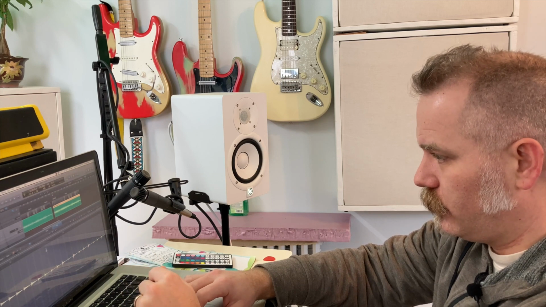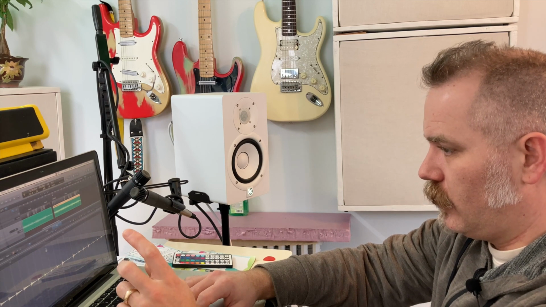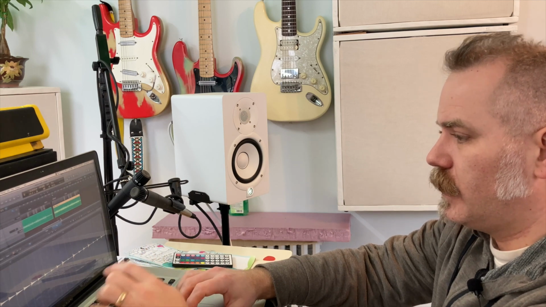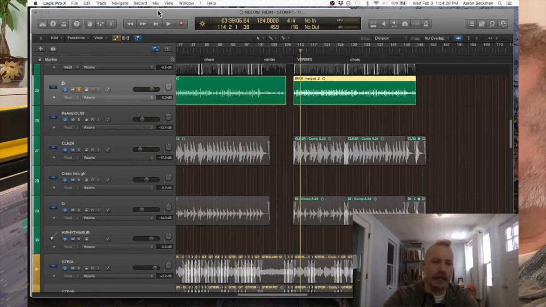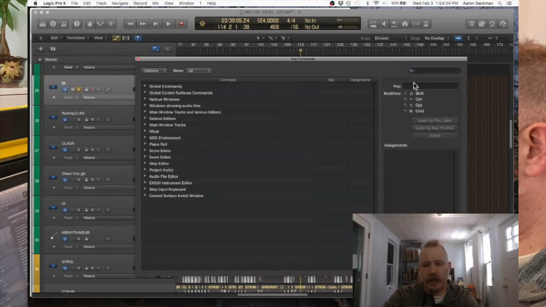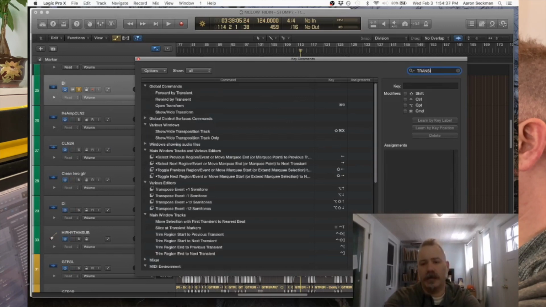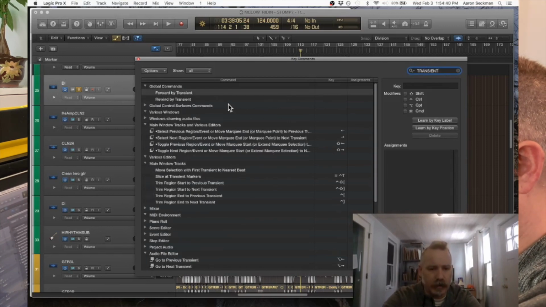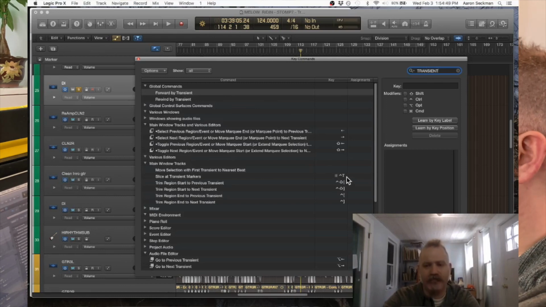So now what I have to do is a key command, which I had to make up because I don't think there was one assigned. I don't know if it comes assigned, but I had to make one. I searched the word transient. If you go up to key commands, edit, and you type in transient, you get Slice at Transient Markers. So I had to make this key command here, which is my function key, control, and T. So when I do function control T,